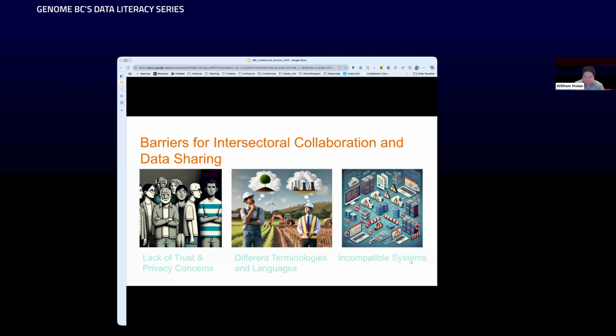So the three main ones I want to highlight today are the lack of trust and privacy concerns associated with cross-domain or cross-sectoral data sharing, because we don't typically work with people in a different sector or domain. But also system-wide, there is a challenge associated with the different sectors using different terminologies and languages, and also